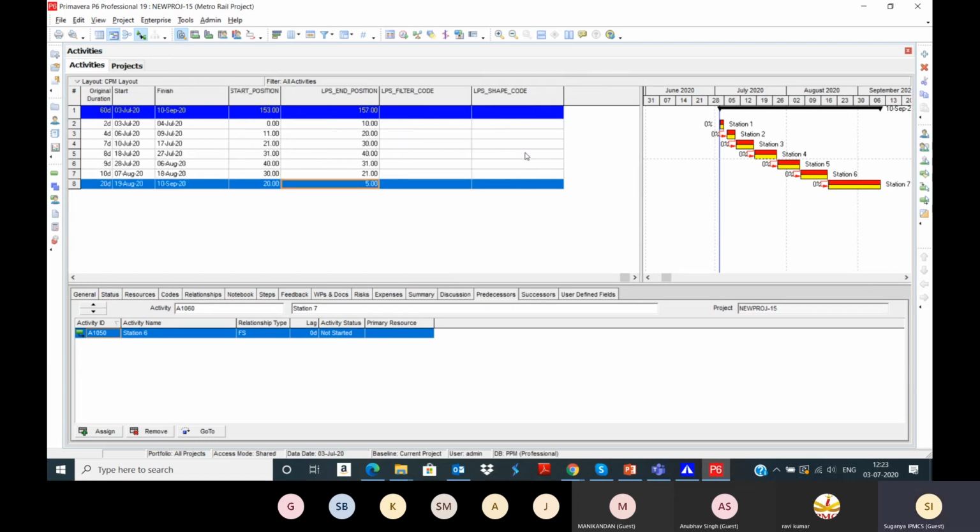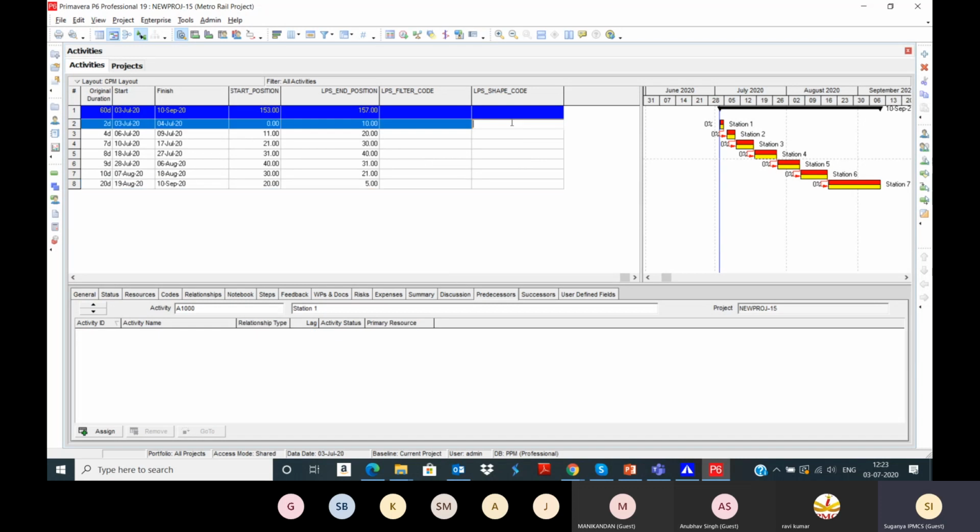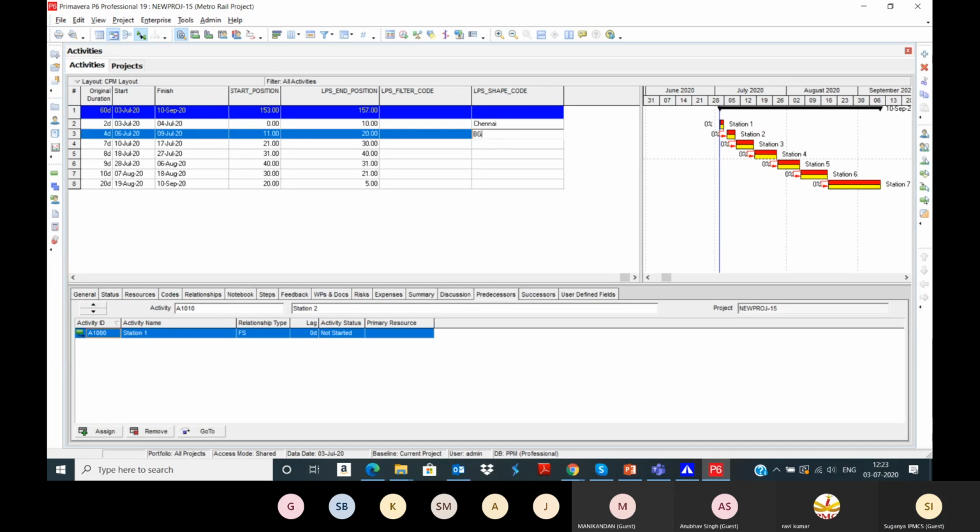Also, you can enter the shape codes. Shape code is nothing but you can give the locations. So I have given here station 1, 2, 3, 4, whereas the real-time location name can be displayed here. Chennai.